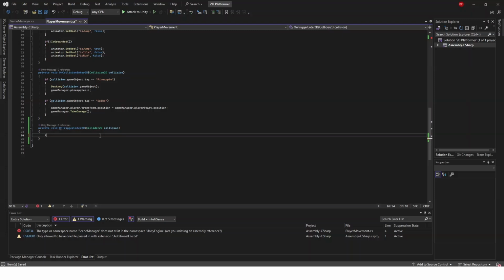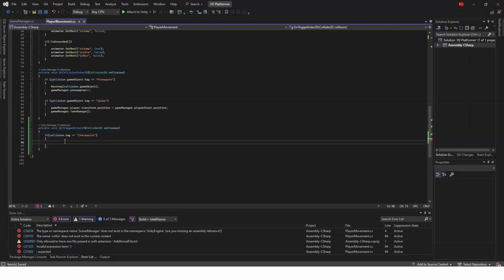And what we can do is have an if statement, and then if collision.tag, the same thing as up here, is checkpoint,